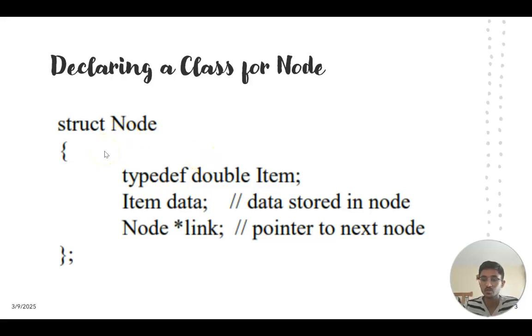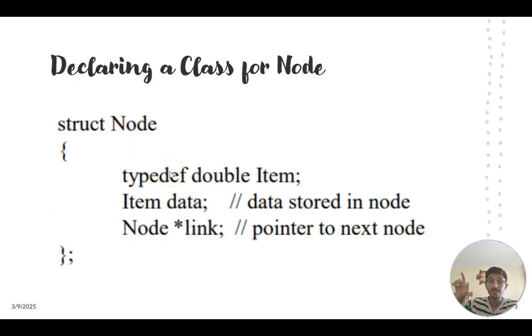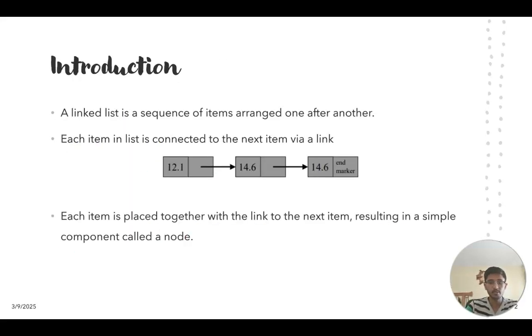So we could define a struct in C++. And when we define this struct, we could call it typedef. We could name it, use a template to call it, right? An item. And in the item, one part of it is the data, and the other part is the link, the pointer that it has to the next node, the reference that it has to the next node, basically. Okay, so it has two things, the item. So this item over here, let's take, for example, this. This has the data, which is 12.1, and it has a reference to the next data point,